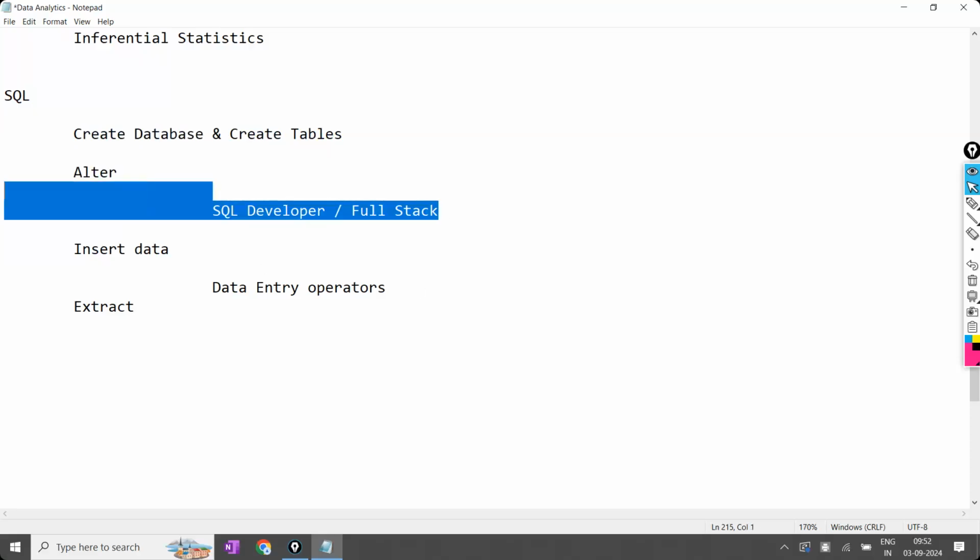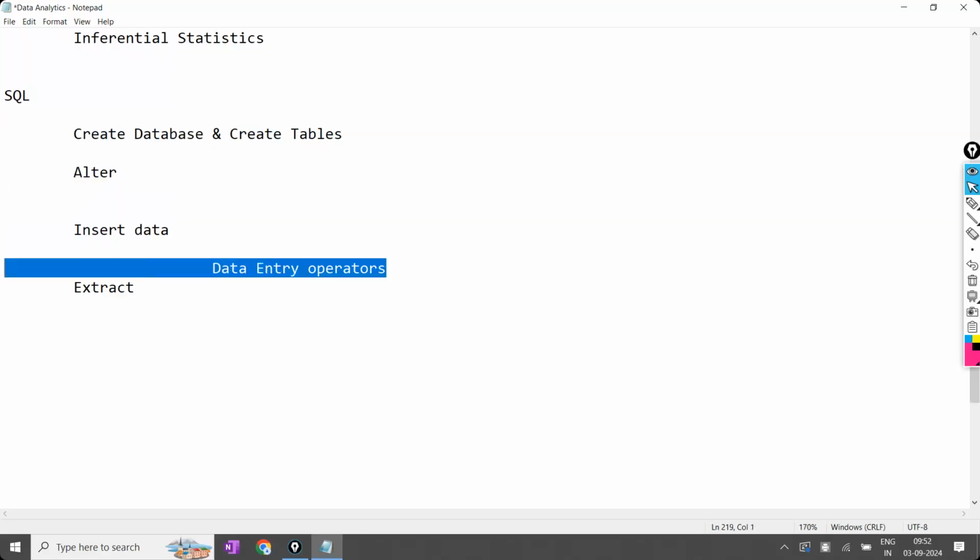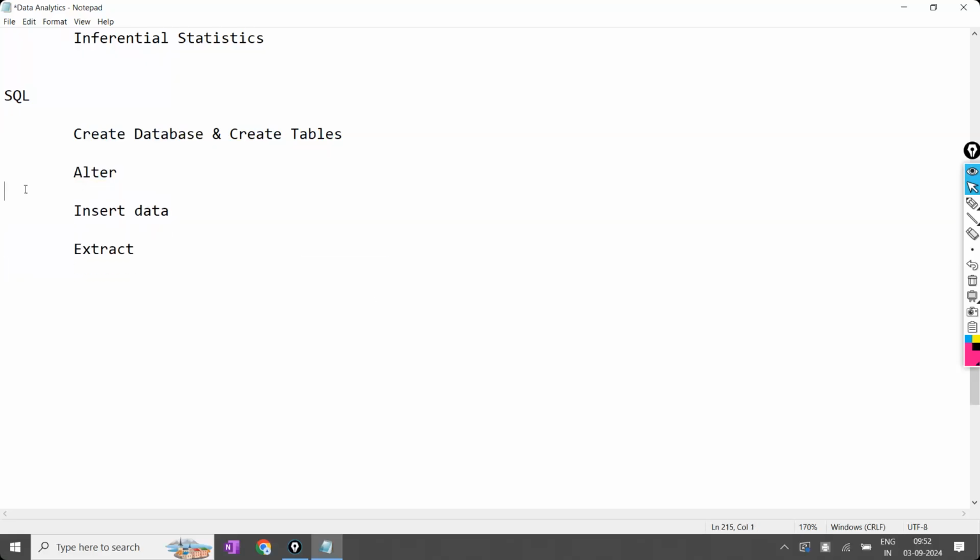Okay, so here in the same way, we are going to do the insert and everything, and finally we are going to do the extraction. So here I'm going to explain once again SQL from the basics to advanced, where my major focus will be on how to extract the data from the database. Now, how to give permission to others and how to cancel the permissions will be done by the database admin. Administrators will be there for that. Those people will give the permissions in the company. They will give the access to the database. Once you join the company, they will give the permission, and that will be done by a different team. Okay, and here we are going to extract the data.